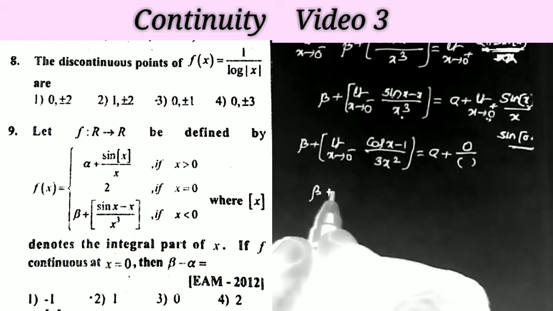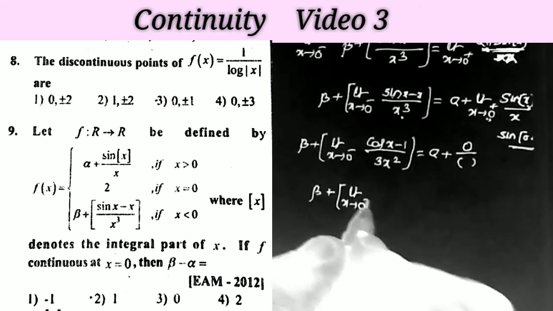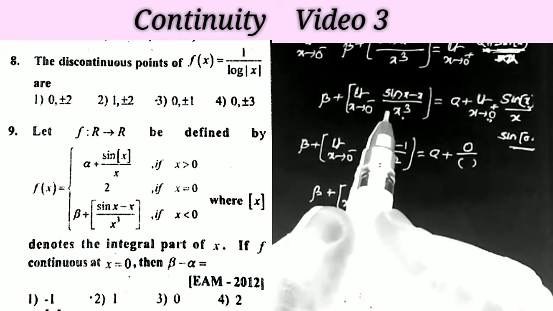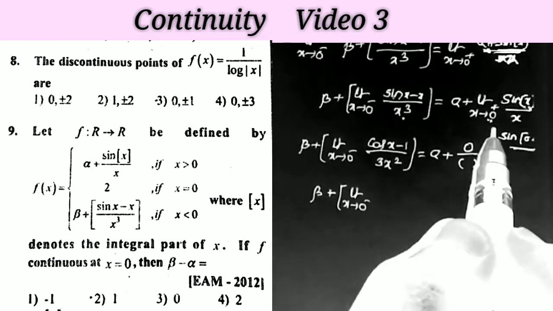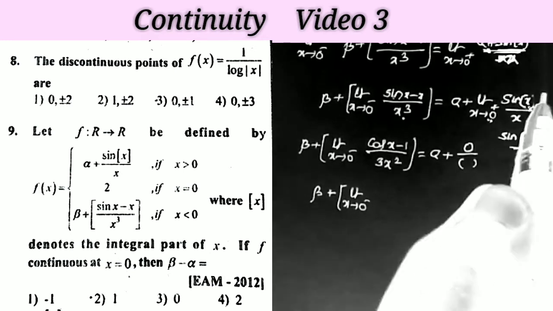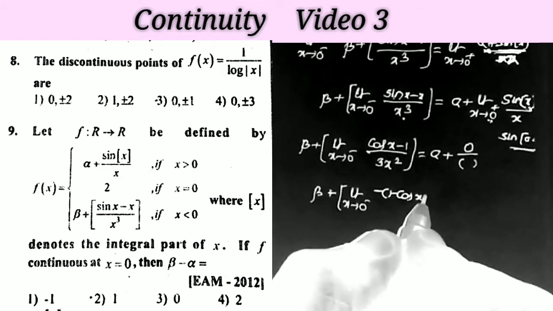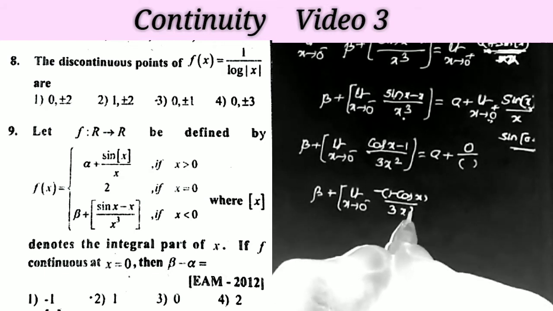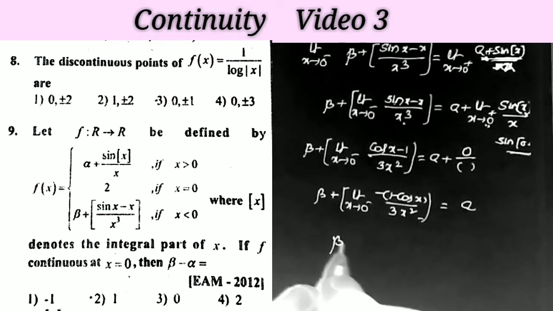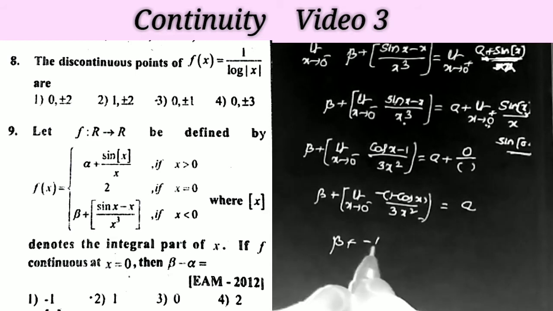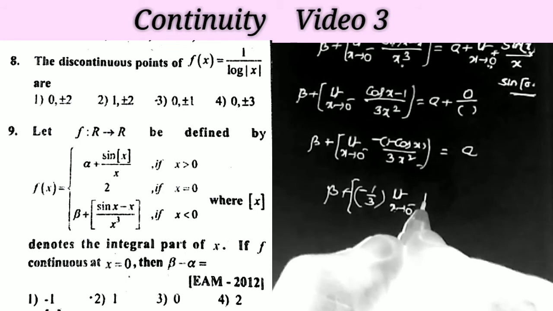And here beta plus step of limit x tends to 0 minus, here we don't have the step x value, so directly we take that x is equal to 0. Understand? But here we have step x, that is we take the value which is greater than 0. So just to take minus common here, that is minus of 1 minus cos x by 3x square is equal to a, that is beta plus, here what is the constant? Minus 1 by 3. Step of minus 1 by 3 into limit x tends to 0 minus 1 minus cos